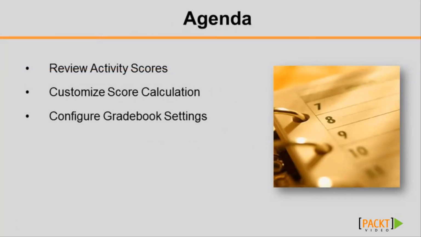In this video you'll learn how to evaluate students and track progress using the gradebook. In the last section, you learned how to make your courses more social with interactive social activities. Now you're going to learn how to check your students' scores on course activities and how to customize grading settings for your course. So let's head over to a course site where we can take a look at an example